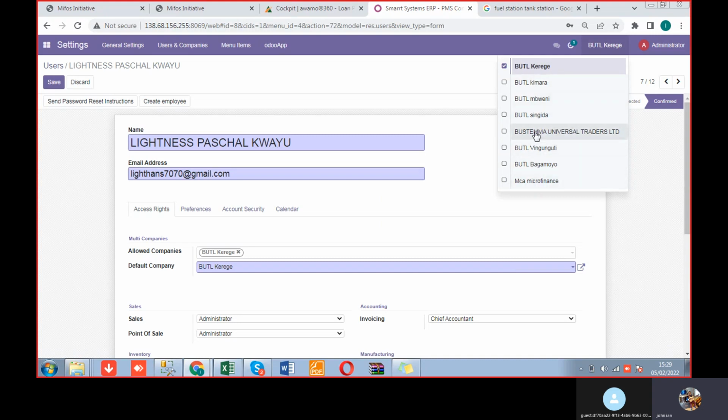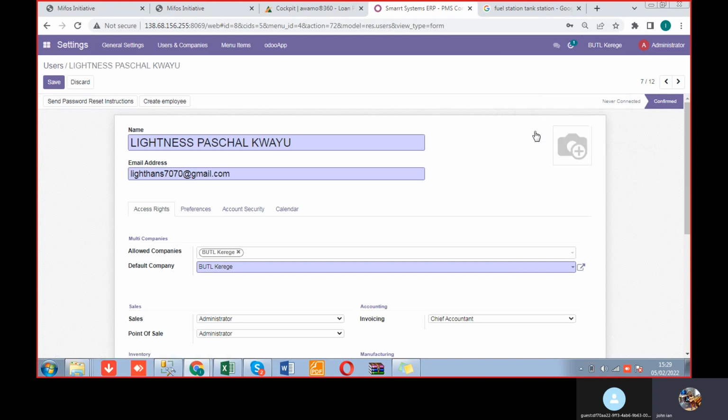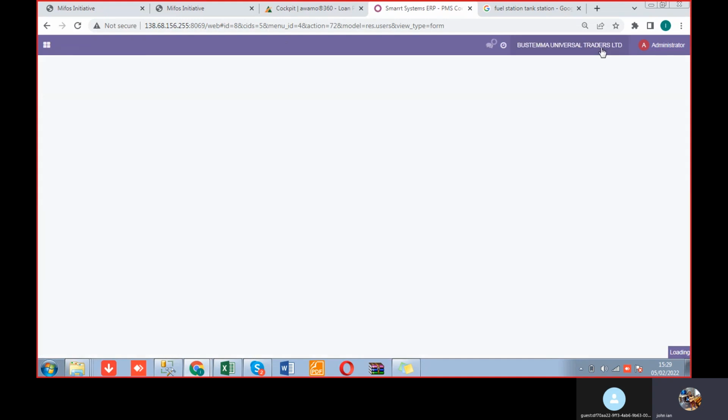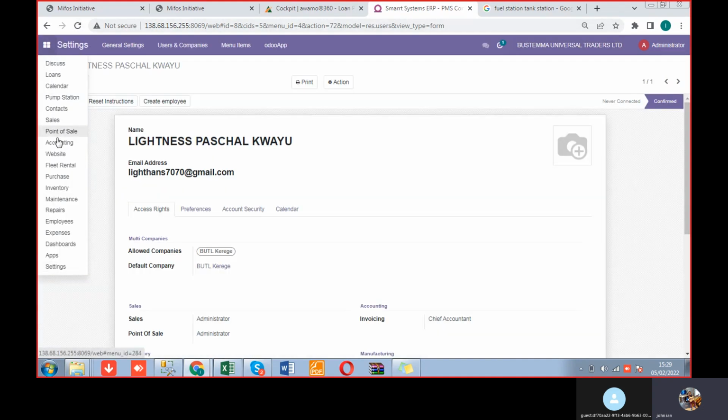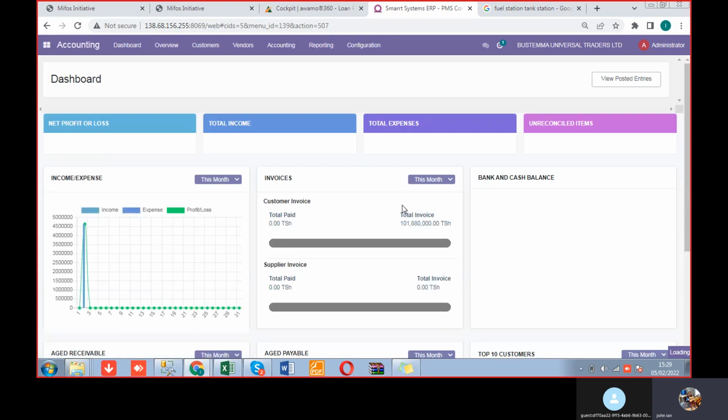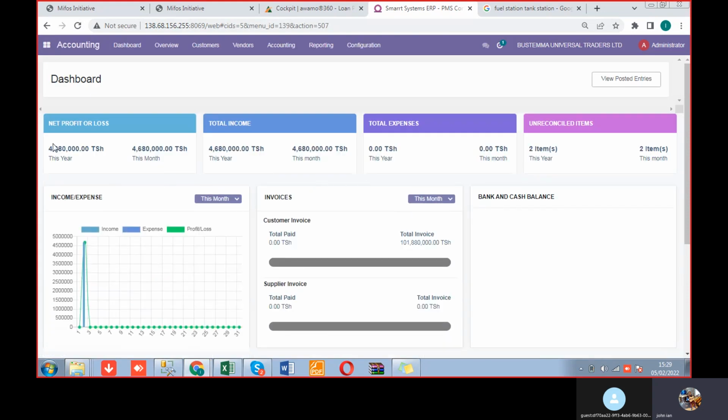Meaning if I have the right for Boostema Universal Traders, I'll just select that, and I'll only be able to see information about that. Like let's say this. If we say we want to go to Boostema, and we go now to the module for accounting, notice everything now changes. We only see the information for this company. The company has done these transactions,